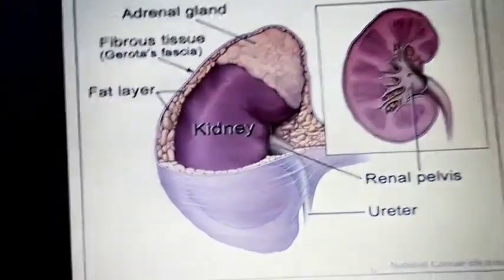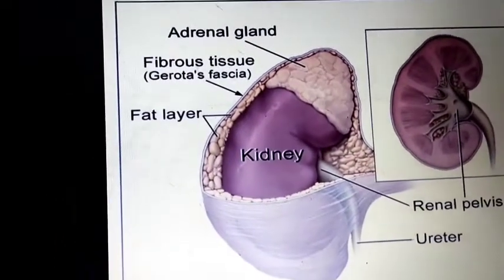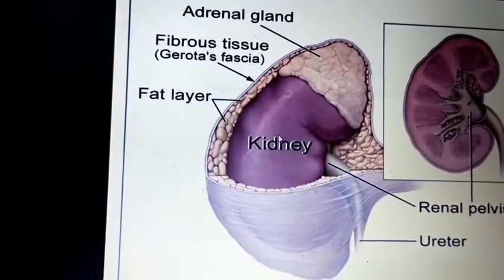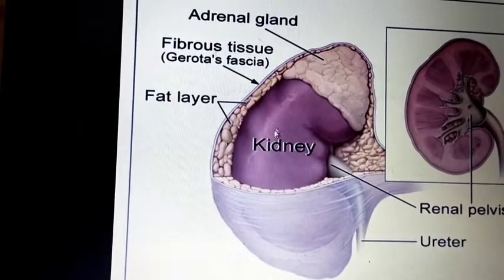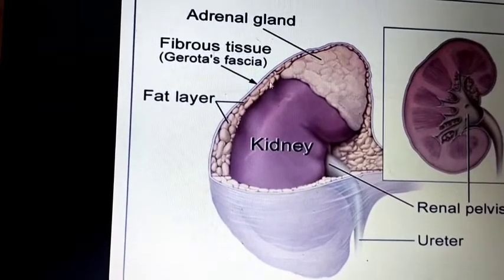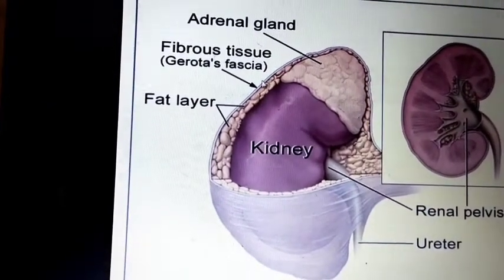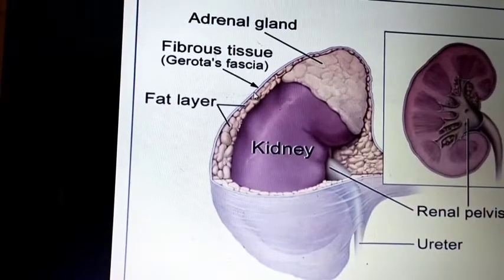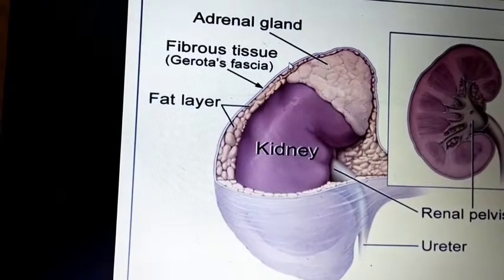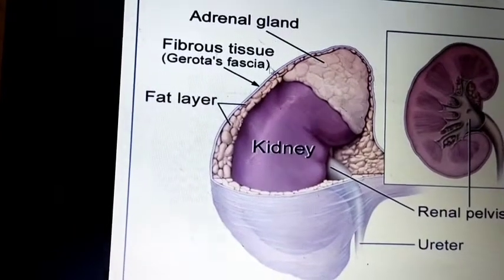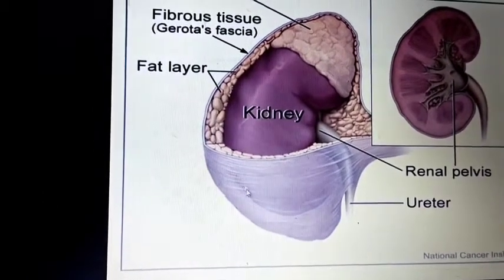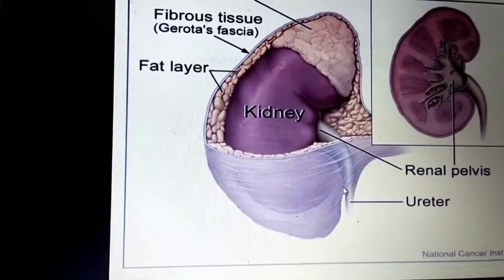In that we can look at the protection. This is the renal capsule, and this is a fatty layer, the innermost fatty layer, and there is another one, fascia. This is the fibrous fascia. This is the renal capsule, perirenal fat, then this is the fascia of Gerota, then this is the adrenal. You can see the white color like this as the fascia of Gerota.